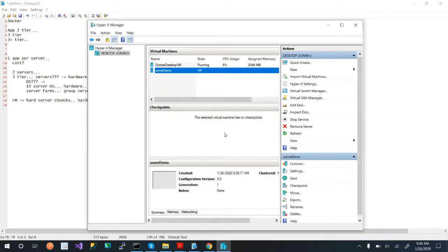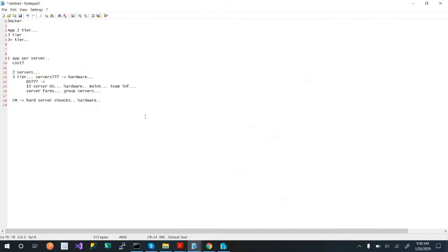Now, Docker came along and said, what if we tried something different? It takes a few seconds for it to delete. Well, let's talk about the VM first. So I have a server, right? On top of the server, I have a couple of VMs. Okay. Now, on top of the VMs, I have hardware. So let's have disk, CPU, and let's have memory. And then down here, we'll have CPU, disk, memory, and network. Okay, those are usually the top 4. And all that is running on a server.